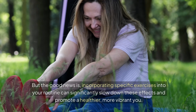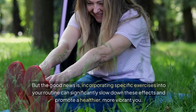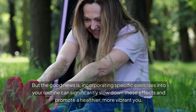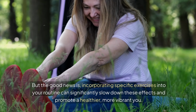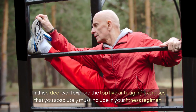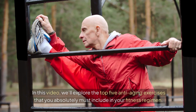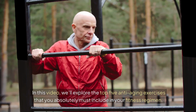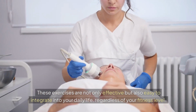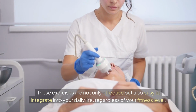But the good news is, incorporating specific exercises into your routine can significantly slow down these effects and promote a healthier, more vibrant you. In this video, we'll explore the top 5 anti-aging exercises that you absolutely must include in your fitness regimen. These exercises are not only effective, but also easy to integrate into your daily life, regardless of